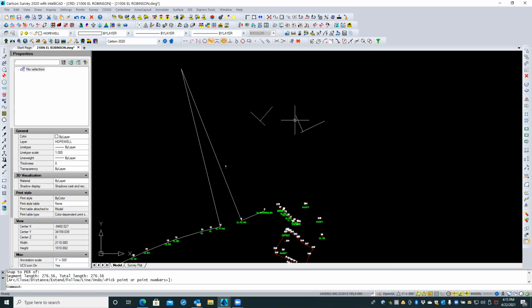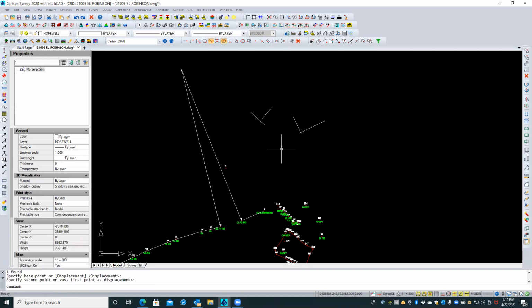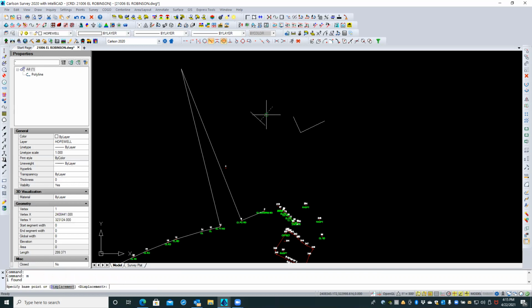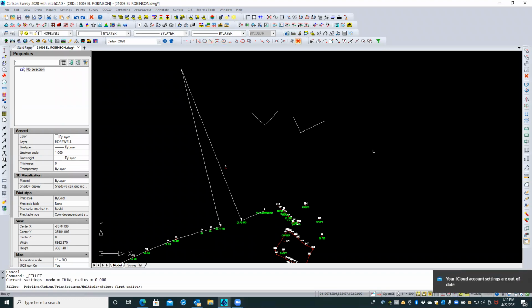Okay. If I move that from that endpoint to that endpoint, okay. If I move this, that endpoint to that endpoint, and then if I intersect those two lines with a radius of 0, I'm going to set the